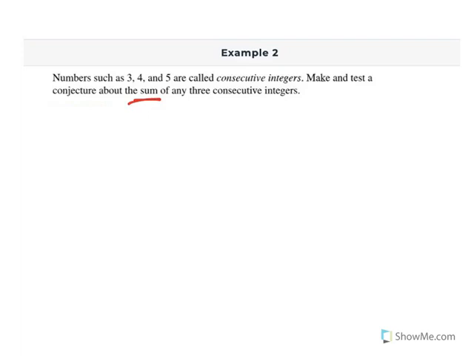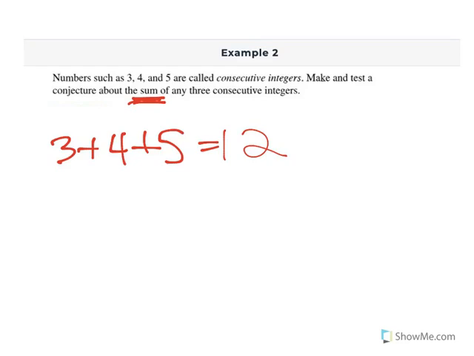Okay, so what we need to do is see what happens. So if we add, remember sum is adding, right? So if we add 3, 4, and 5, 3 plus 4 plus 5 equals 7 plus 5 equals 12, right? So if we were in class, I would say, okay, somebody give me 3 more numbers. Anyway, I'm just going to try a couple for you. So 10 plus 11 plus 12, those are consecutive, right? Would give us 21,